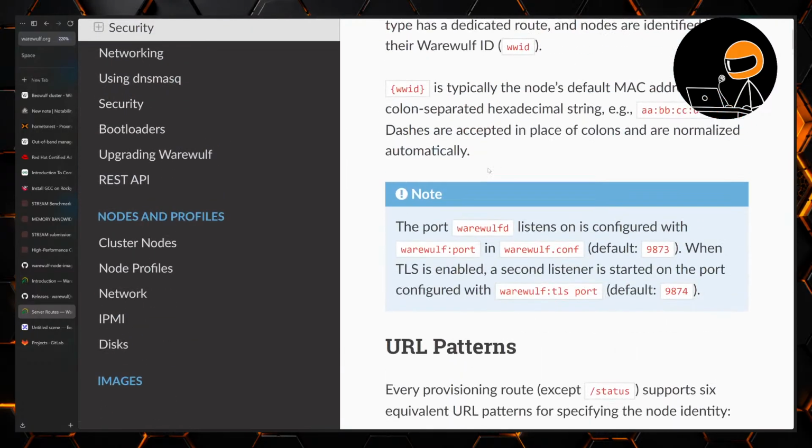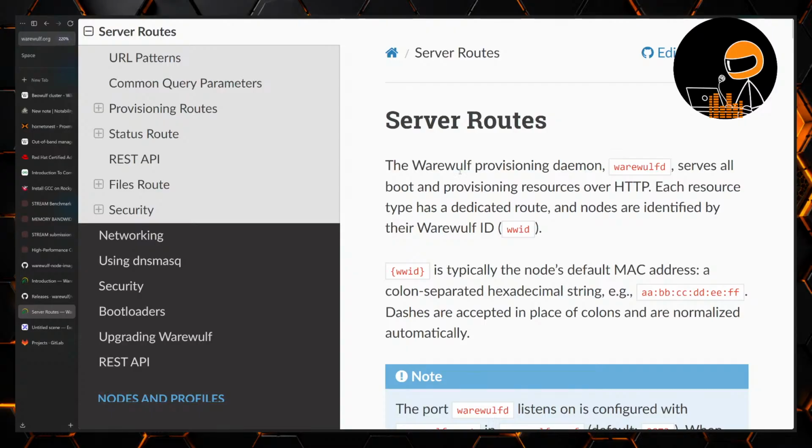Server routes. The Warewulf provisioning daemon, warewulfd, serves all boot and provisioning resources over HTTP. Each resource type has a dedicated route, and nodes are identified by their Warewulf ID. The Warewulf ID is typically the node's default MAC address, a colon-separated hexadecimal string,